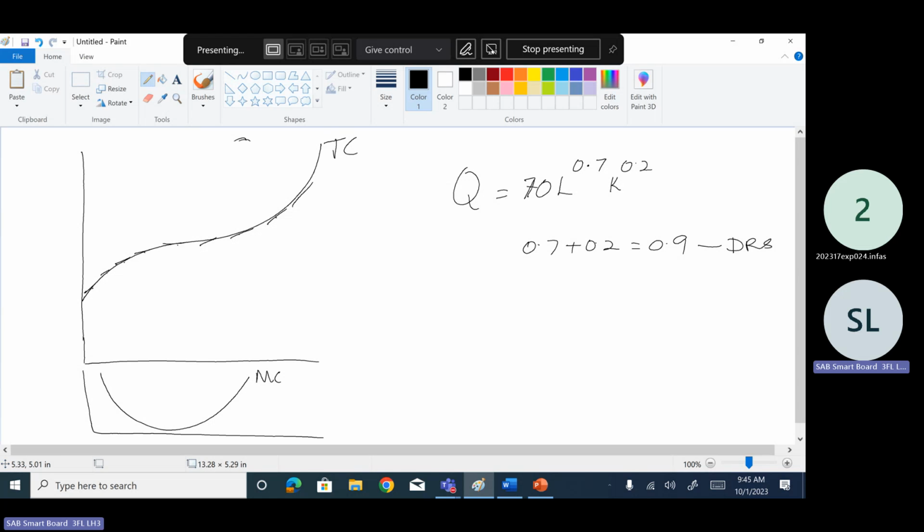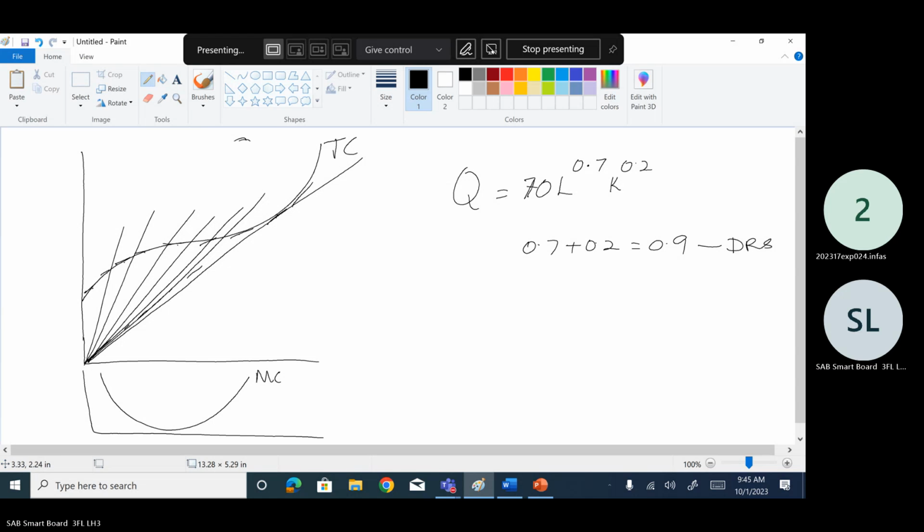Now the average cost means if you draw lines from the origin, what happens to the slope? It decreases. Then if you draw the line at this point, it is the tangent line. After that, if you draw the lines, the slope increases again. So that means the average cost also